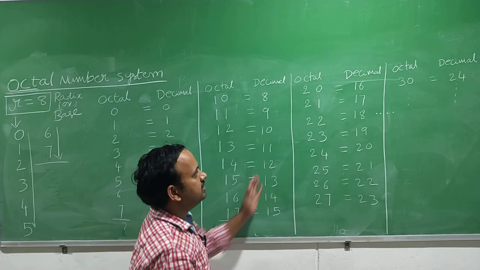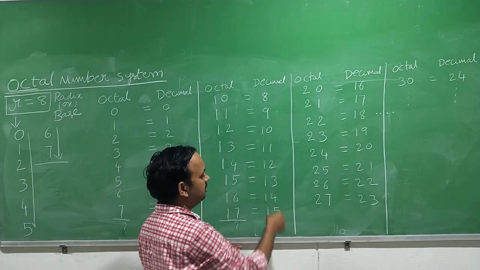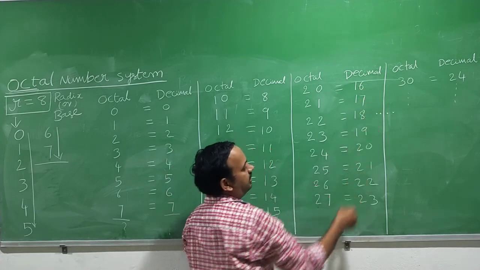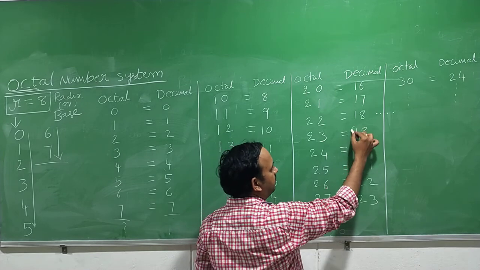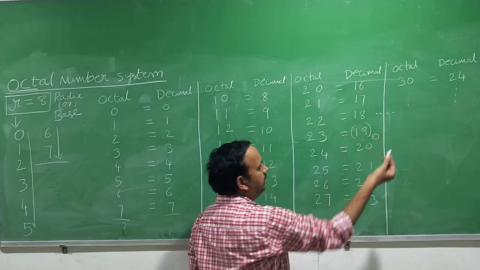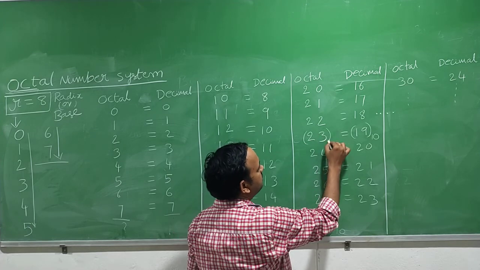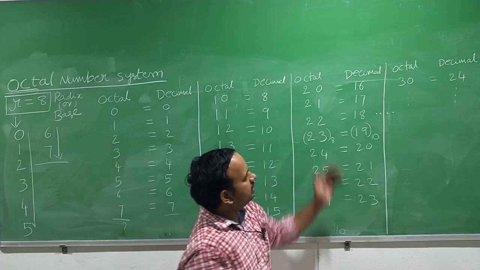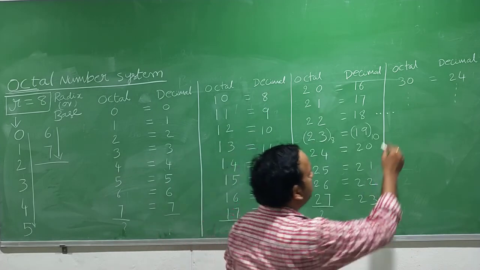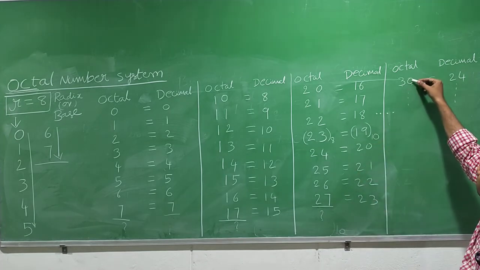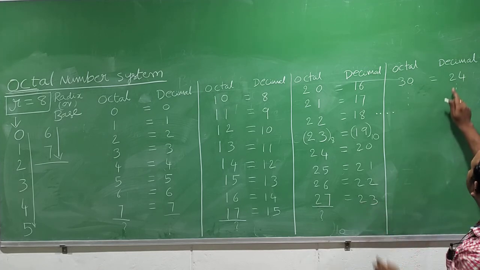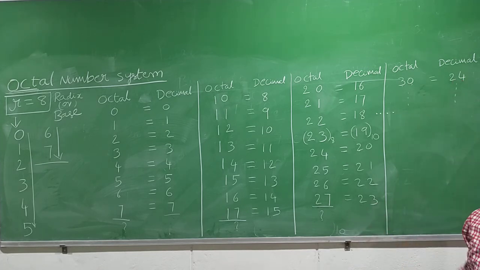What is the equivalent decimal number? The decimal number system is going on, right? So here we have 15, 16, 17, 18, 19 like that. After this, what is the next number? 30, right? The sequence is repeating, and you will get a 3 here. After 23, the equivalent number is 24. So this sequence will go on like this.